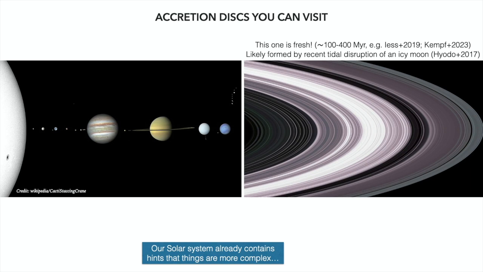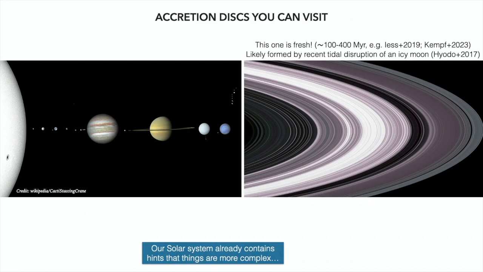So for example, Saturn's rings, the Cassini discovery is that if you fly through the ring plane and measure the mass, then the fact that the rings are not dark yet requires them to be fresh. So Saturn's rings are not some leftover from formation. They're probably some recent tidal disruption of an icy moon. So they're actually freshly created and probably actively forming moons.